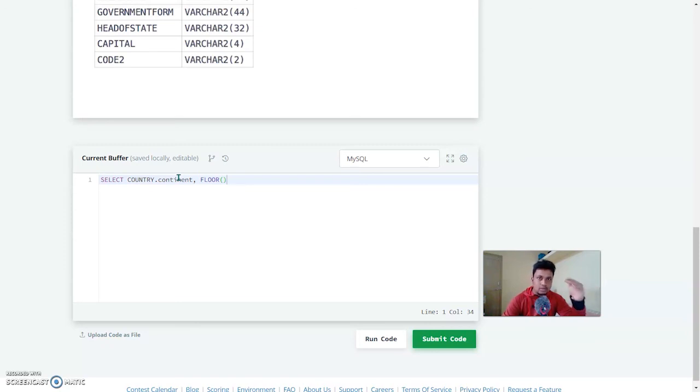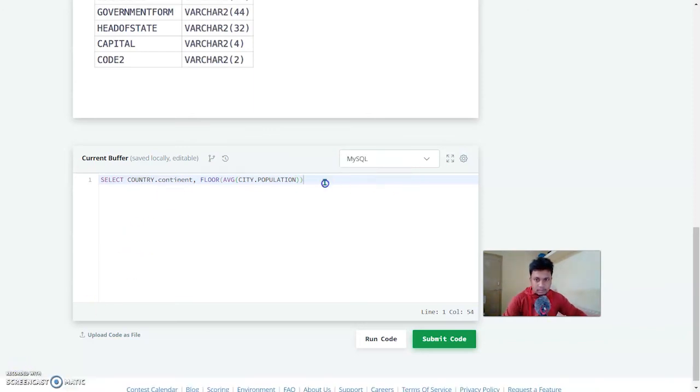So floor will give the lowest integer value, so floor, and then inside floor you need the average of the population. So for average value you need city dot population, and by using the dot operator you can access the population from the city and then take the average, and floor will give you the lowest integer value. Same way the ceil gives you the higher integer value.